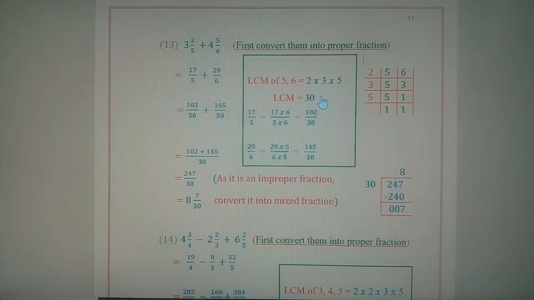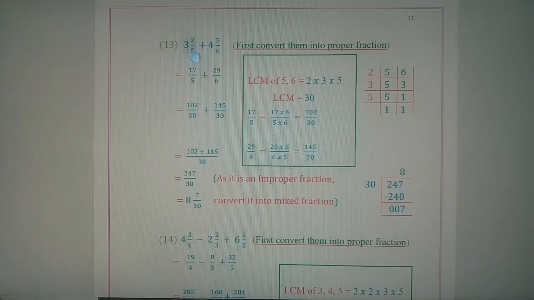After finding the LCM, we have to convert the given fractions into equivalent fractions such that the equivalent fractions have the denominator as the LCM, 30. Now here the question is given as mixed fractions. So before solving, first we have to convert the mixed fractions into improper fractions. To convert a mixed fraction into an improper fraction, we use the multiplication addition rule. First we multiply and then we add. M for multiplication and then A for addition.